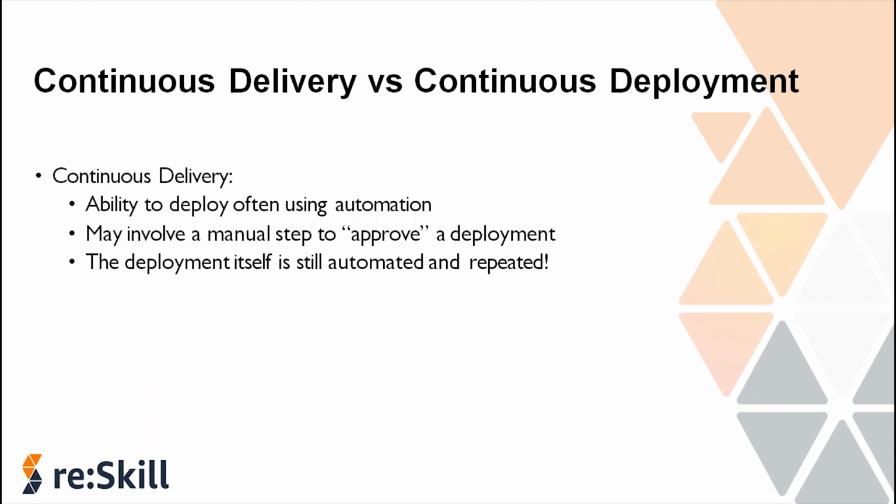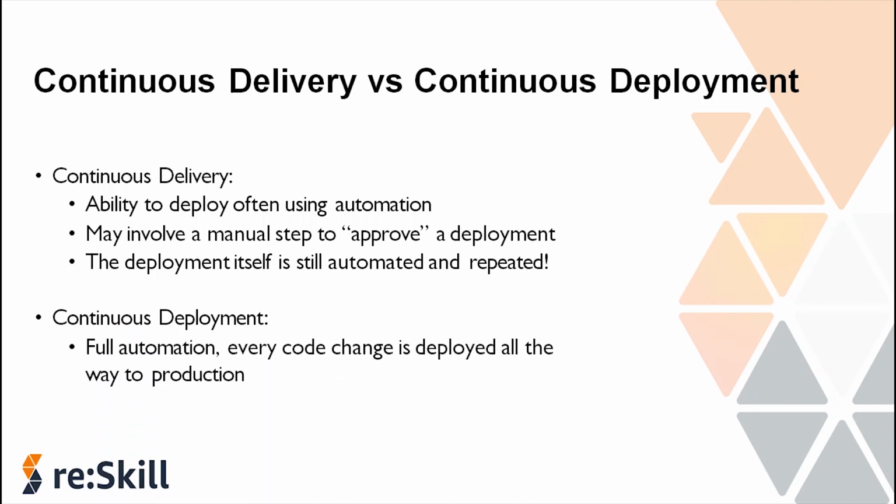So continuous delivery has a lot of advantages. Continuous deployment, on the other hand, is entirely automated, which means that every code change you make in your source repository will be deployed all the way to production. That means there are no manual approvals. This is something that can be implemented with a lot of monitoring, and if there is a bug, then you will just push a new code fix into your repository and it makes it all the way through the end of the pipeline.